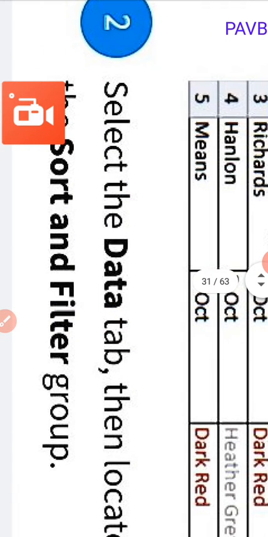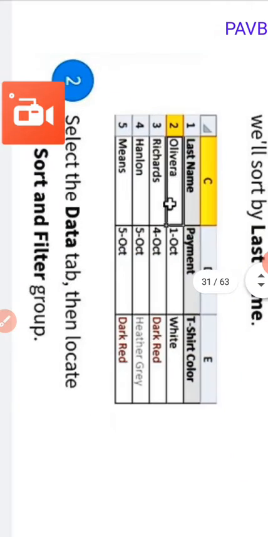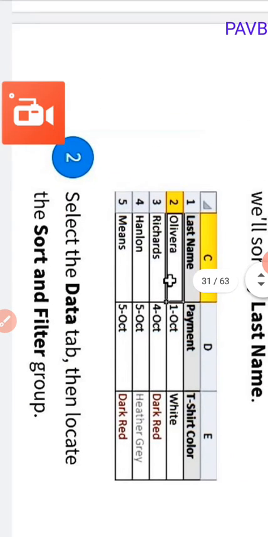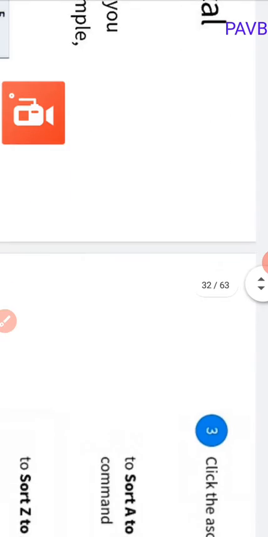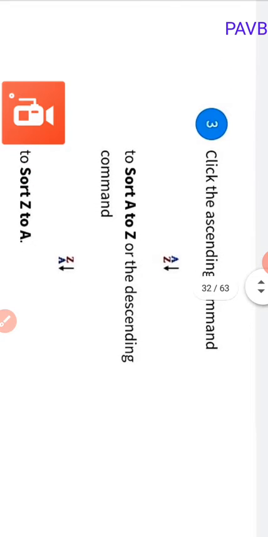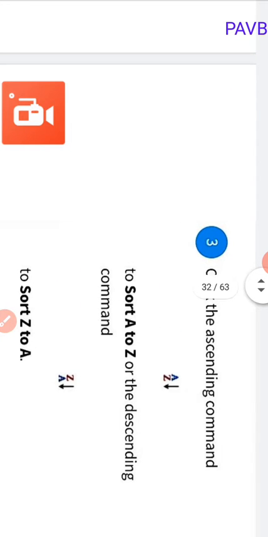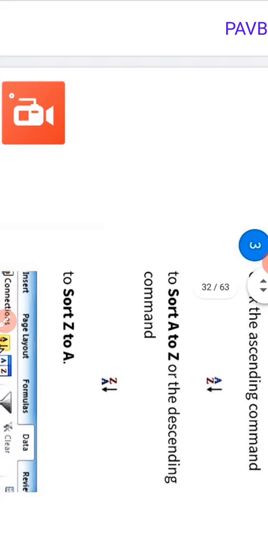Step 2. Select the Data tab. Then locate the Sort and Filter group. Clicking the ascending command, A to Z, is used. To sort Z to A, the descending command will be used.